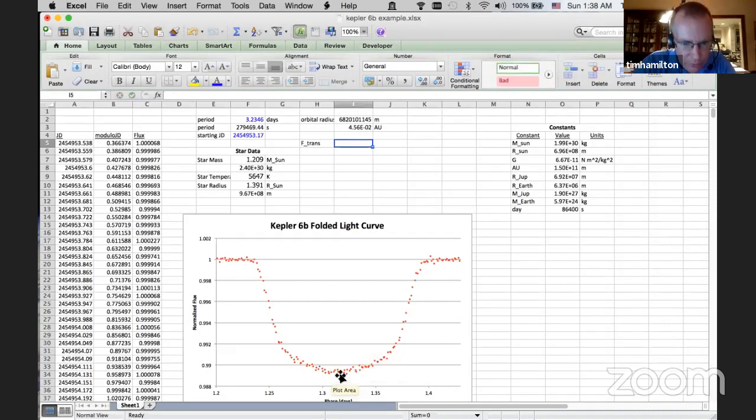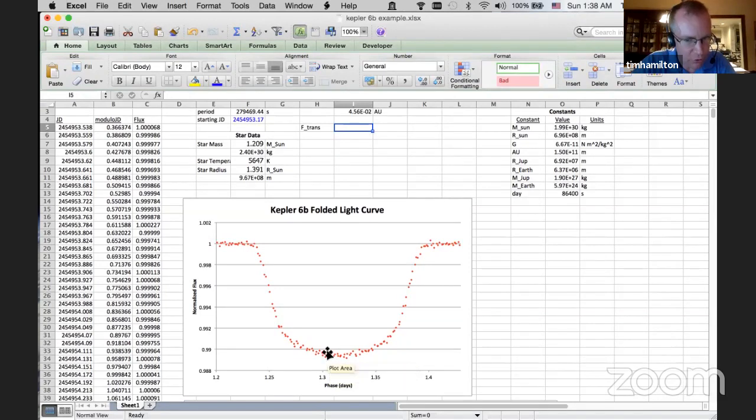Now, how dim is it? We don't want to get the very lowest point because there is noise up and down here, but we're going to try to visually smooth that out and get where a smoothly fitting curve would be. And that dot is pretty close to the average, 0.989552. I can't quite claim that much precision, but let's say 0.9896. Okay, and that's in flux units.